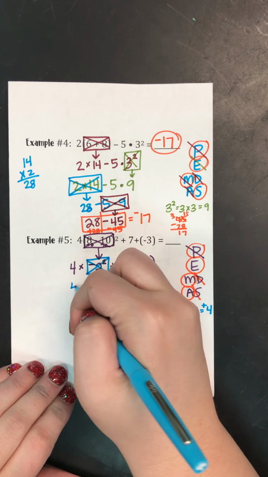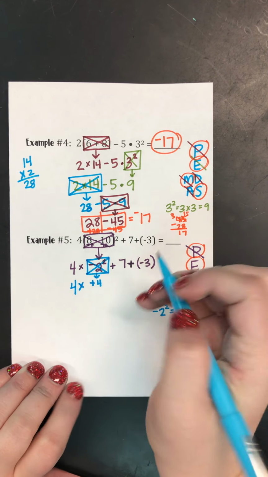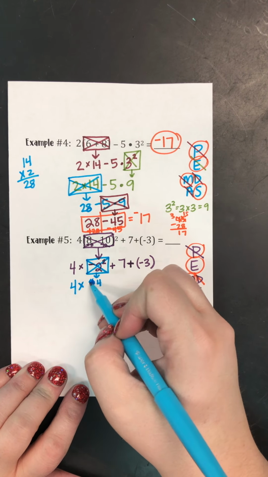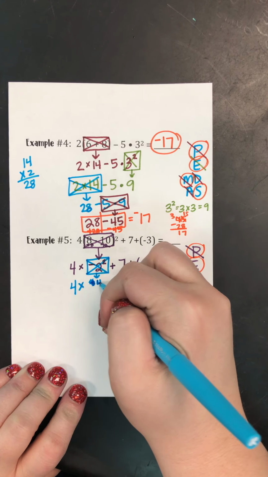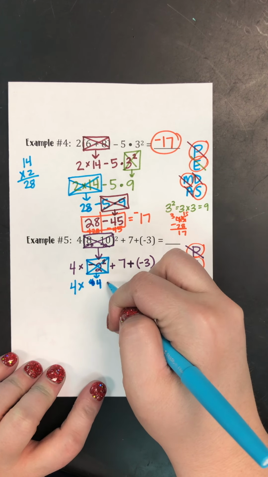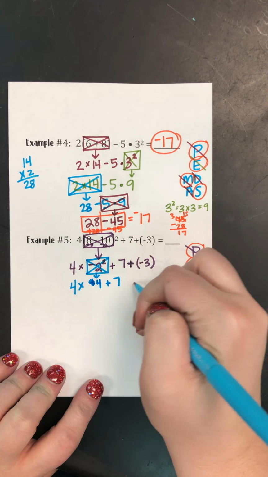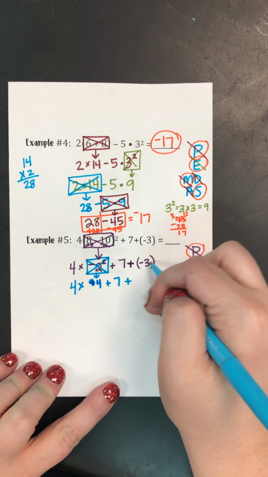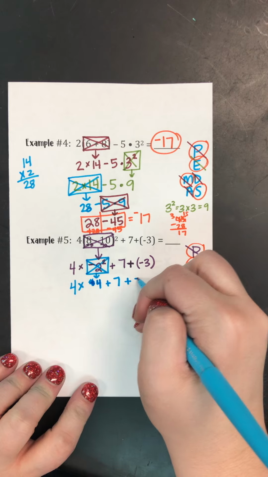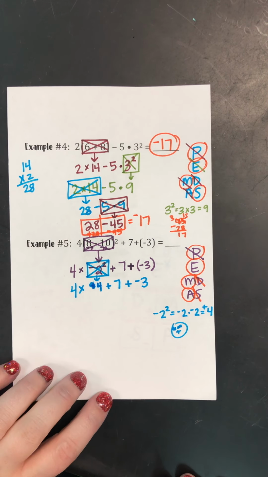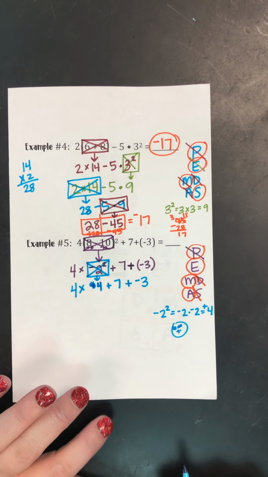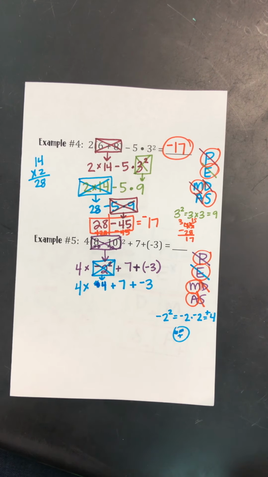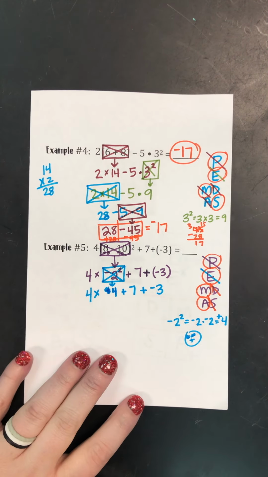So once I do that, I can mark it out, and I'm ready to rewrite the rest of my problem. So in front, I had a 4 and a multiplication symbol. Remember, this is a positive 4, so really I don't need the positive. It's just 4. And then behind it, I had a plus sign, a 7, a plus sign, and then remember, the parentheses just tell me, oh, that's a negative number, so I'm just gonna leave the parentheses out. All right, any more exponents? No, so I can mark it out. Okay, then I move on to my